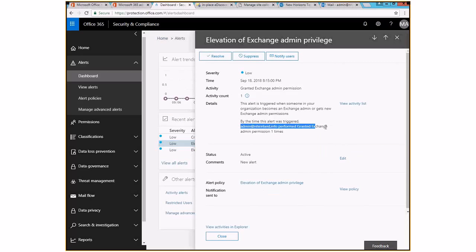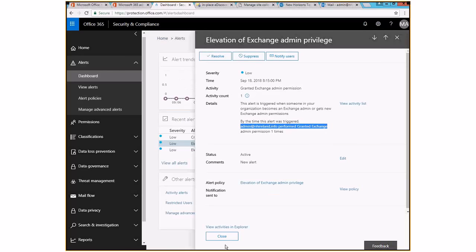This was exactly what I did myself. I basically added my global admin, that is the admin at nhireland.info. I gave, let's say, full permissions into the Exchange system, into those roles. And then same story, the system catches that by default and it is available now here for a possible auditor,